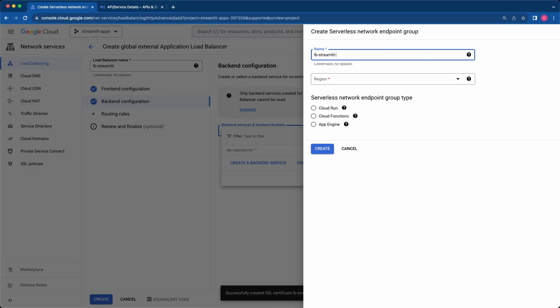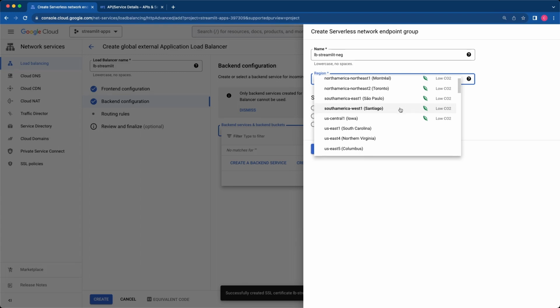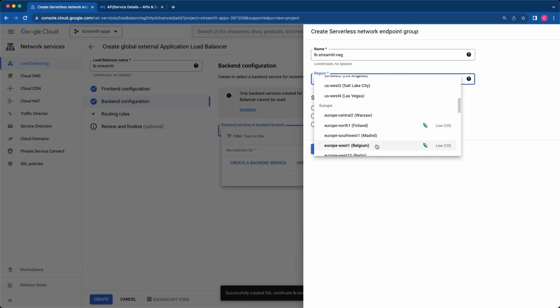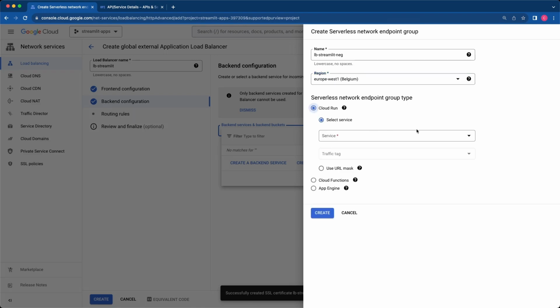And this is going to be my NEG. I'm going to choose the region, which is the one in which my Cloud Run service is running. So Belgium West 1, I'm going to say Cloud Run, and I'm going to select that service that I've created. Now this is an important bit, and we'll cover that towards the end of this, but this is where we